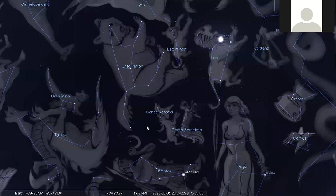And frightened by this great bear charging at him, and not knowing that it was his mother, Arcas pulled an arrow on his bow to protect himself. So overseeing this impending tragedy was Zeus, and he knew that he was unable to break the spell on Callisto. And so instead, he turned Arcas into a smaller bear and then grabbed both bears by the tails, swung them around with his godlike strength, causing their tails to stretch, and hurled them into the sky,